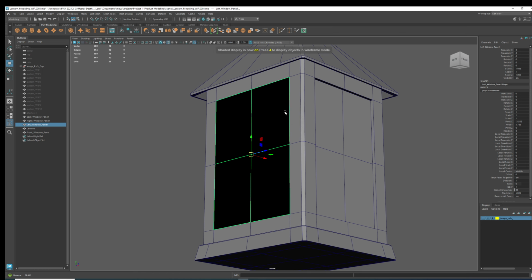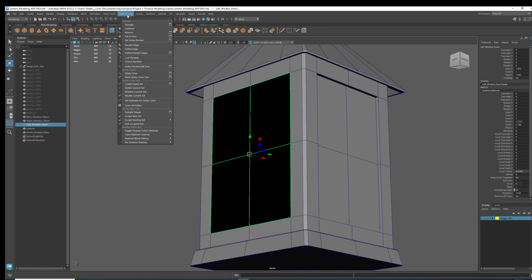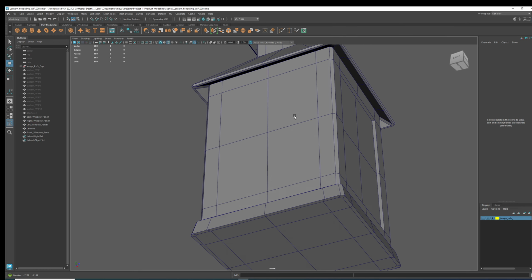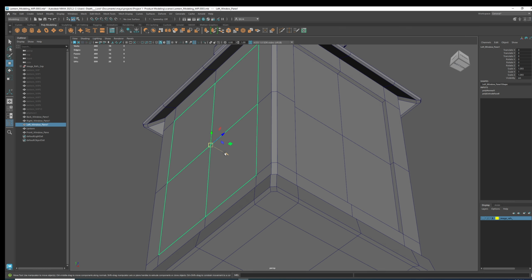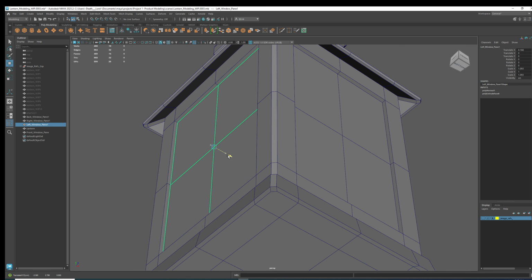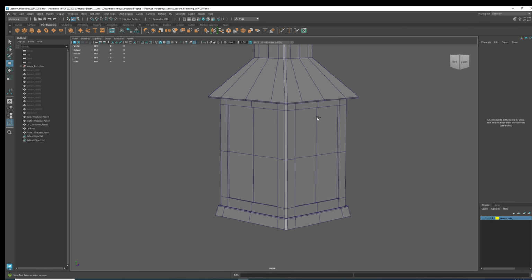Then you need to flip the faces, so object mode, mesh display, reversed. Select it, and I'm gonna pull this back. This should be 0.175. Good. Then I'm going to delete the history, freeze transform, and it's done. Incremental save, so 16 minutes,